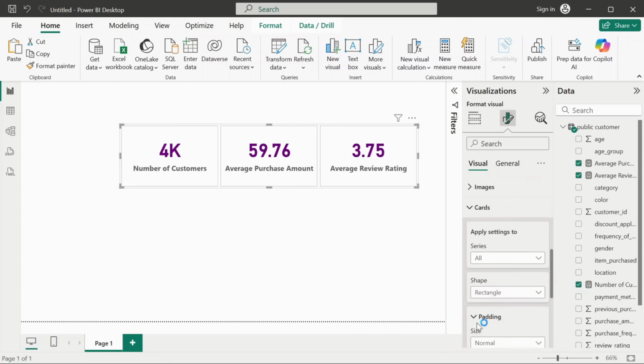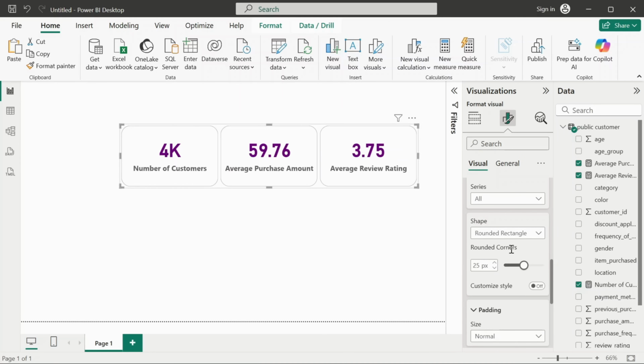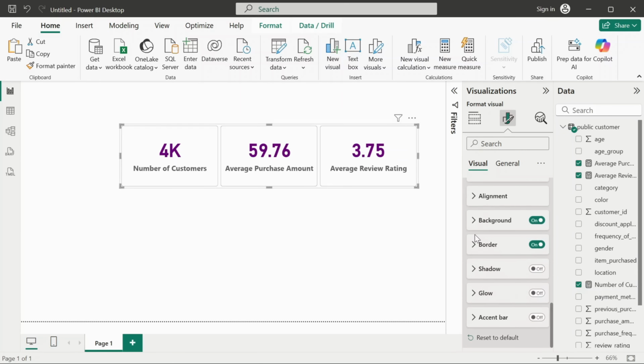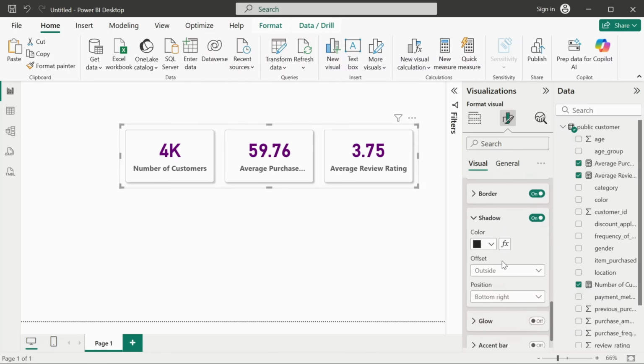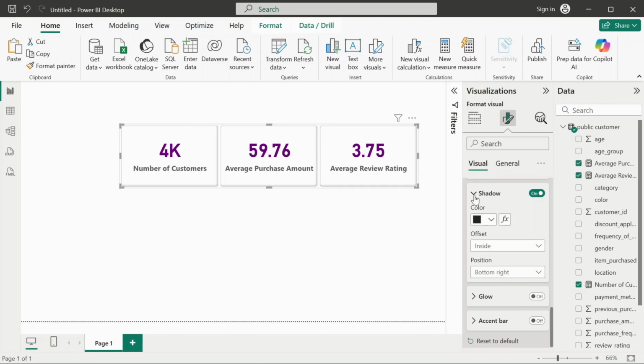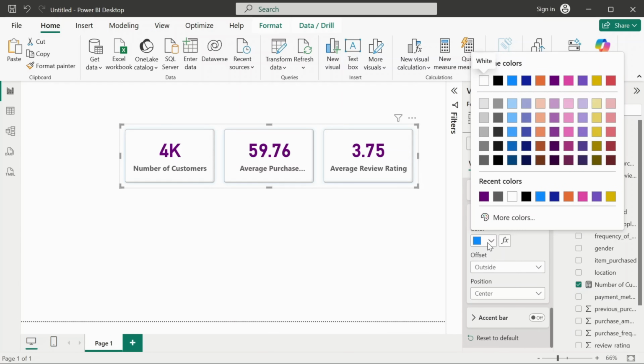Now click on cards. I'll change the shape to rounded rectangle because this looks more professional. I'll reduce the rounded corners to, let's say, maybe 6. 6 is good. Alignment is fine according to me. Background is fine. Border is fine. Let's click on shadow, and the offset should be inside. Just my preference for the cards. Let's click on glow. I'll change the color to this,